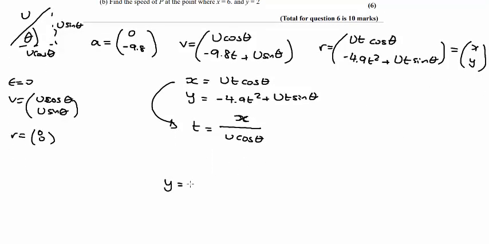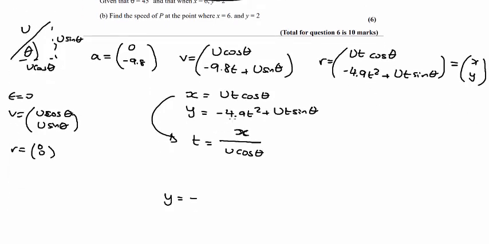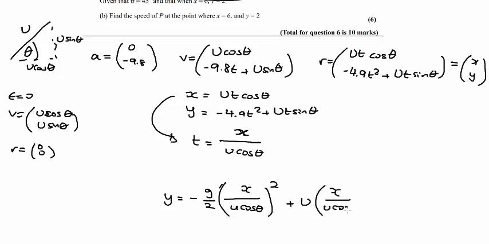So y is going to equal minus, and what they want is g, don't they, in this? Okay, they want it in terms of g. So by the way, can you see minus 4.9 is g over 2? Hopefully that makes sense, yeah? And then you're bringing t squared into this. So we're going to have x over u cos theta all squared plus u times x over u cos theta